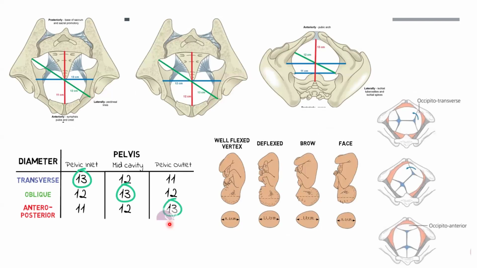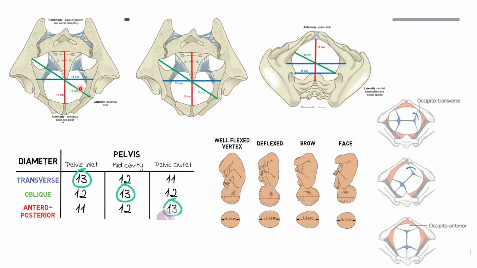Okay, so to understand this, let's break it down. We don't need to cram the movement of this baby. Let's try and understand it. If you look at the pelvic inlet, and if you look at the diameters of the pelvic inlet, let's do a little bit of anatomy. Where is the biggest diameter? The 13 centimeters we can see is in a transverse direction, right?